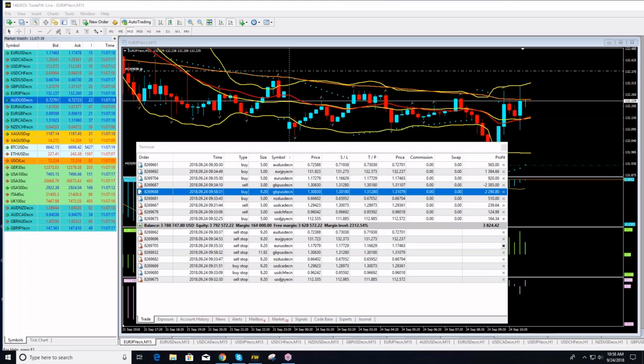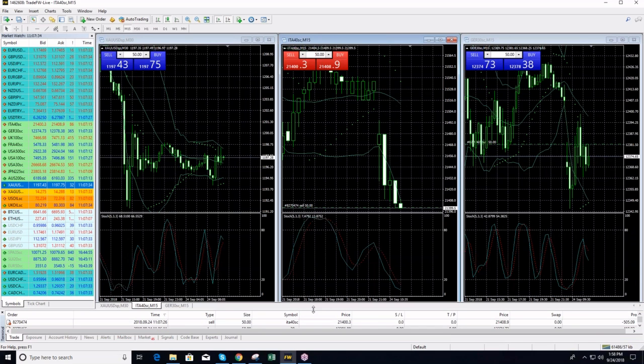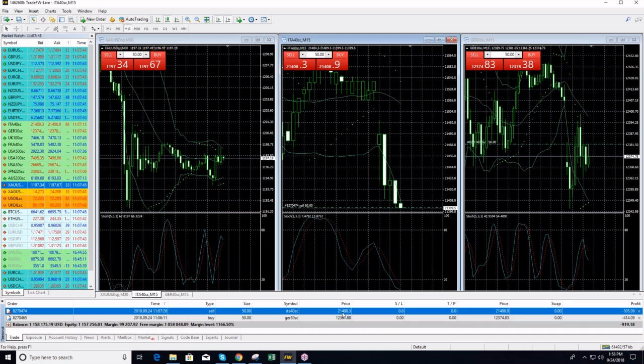We are here back on the indices desk to put some trades, and we put our first trade for this morning, guys. Here we go, and I'm directly selling right now also Italy 40. I just sold Italy 40, and I'm long on DAX. I entered at 12,381.88, and I'm short at Italy 40, entered at